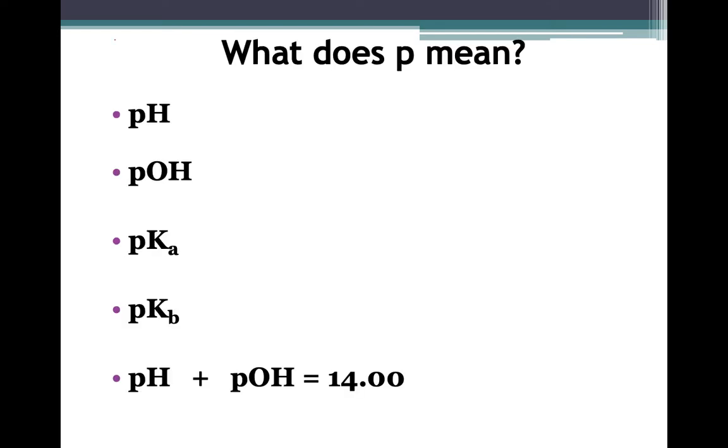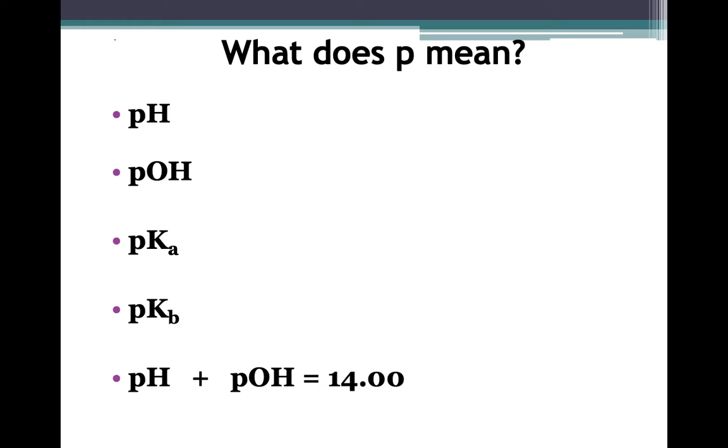So, what does the P mean in pOH, pH, pKa, pKb? And pH plus pOH equals 14. P in chemistry just means negative log of the concentration or the number provided. So for H and OH, it would be concentration. For Ka and Kb, it would be their